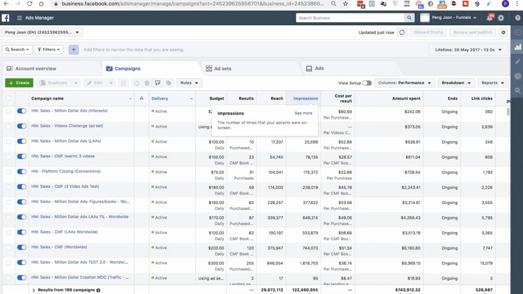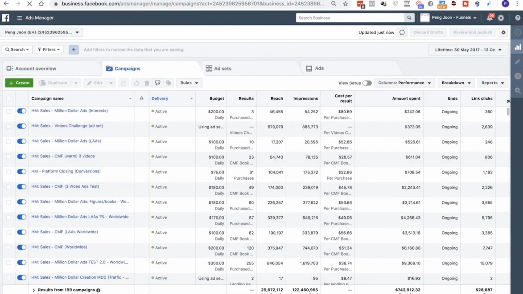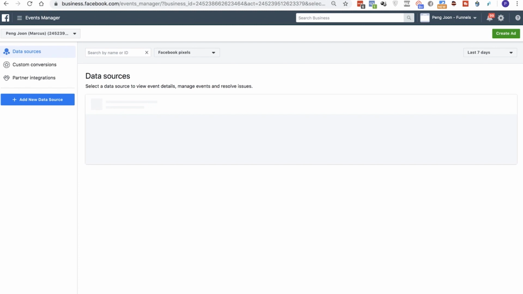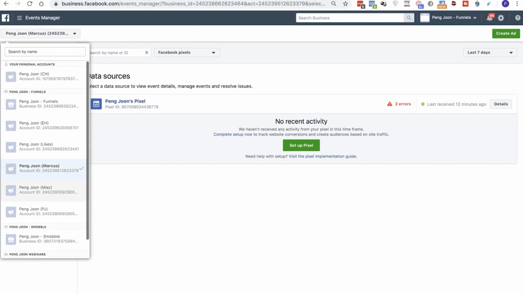This is an actual screen recording, and I don't do this a lot, where I actually reveal my campaigns and what it is that we're doing. But to start off, let's talk about pixels. What is the purpose of a pixel and how do you actually install a pixel? Here's how you do it. When you go into your ad account, one of the things you will see is you want to have a pixel,